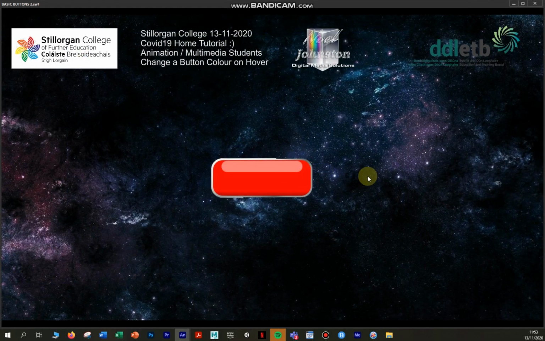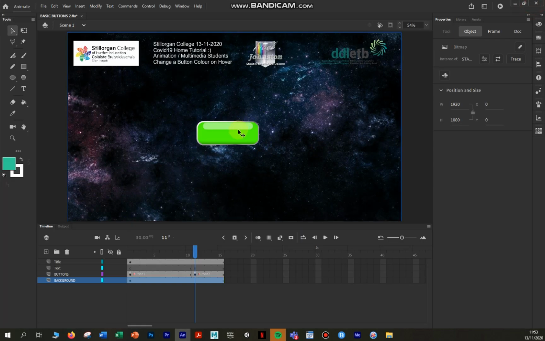So I've got a red button. Now when I hover the mouse over it, I get the little hand symbol, but it doesn't change color. I click on it, it brings me to a frame which has a green button. I click on it, it brings me back. So that's what it's doing at the moment. Now what I wanted to do when I hover the mouse is have it change color, and it's actually very